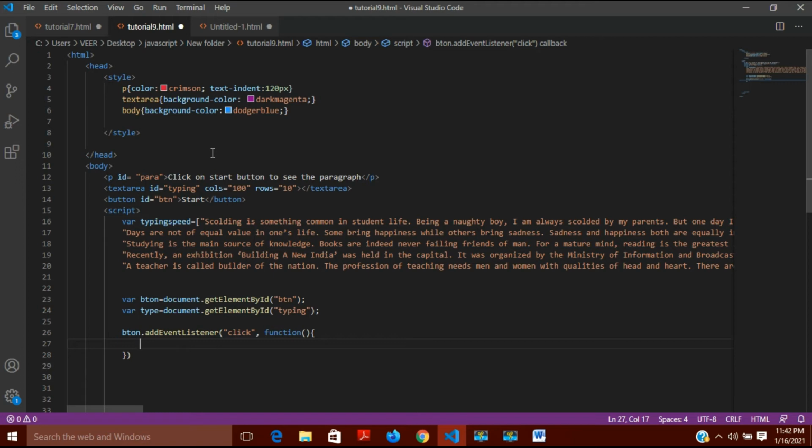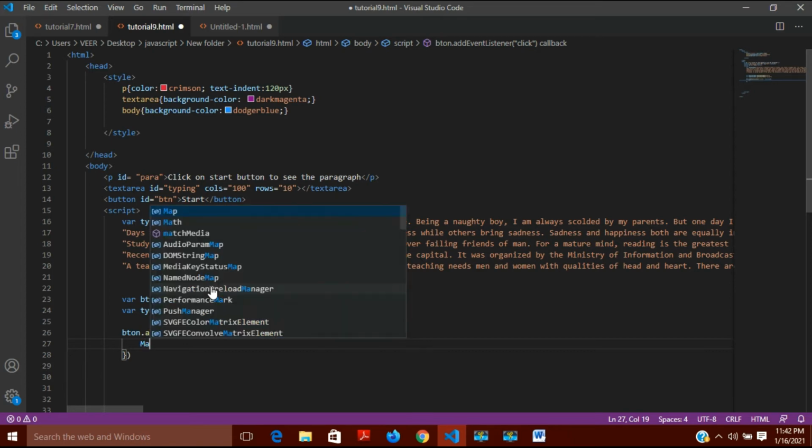When I click, then what it should do, that I will have to write here. So in the previous video when we were doing arrays, there we used how randomly we can choose any of the elements which are there inside the array. So for that we use the math.random,